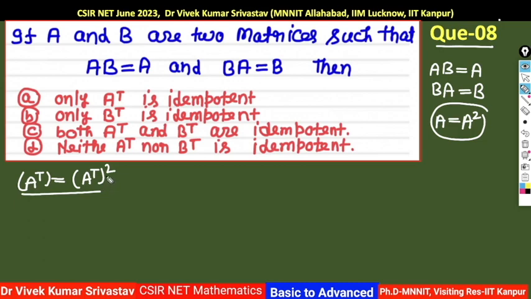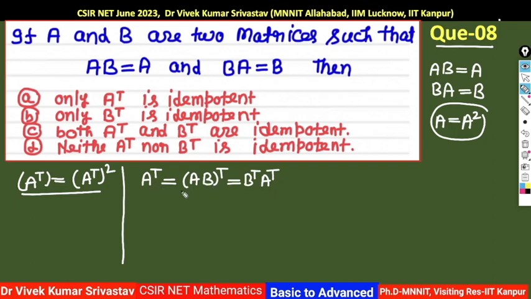If we have to verify that A transpose is idempotent, just see, if you prove one, you can similarly say that B transpose is also idempotent if it is possible, because see the pattern, AB is equal to A, BA is equal to B. So first you can take the left hand side and do this exercise, right. Left hand side and right hand side, whatever you want you can do. So here A transpose, we just take the left hand side and what can we write? A value is already given, it is AB, right. So we can write AB transpose, right. And if we break this, you know how we open this bracket, AB transpose is B transpose A transpose, right.